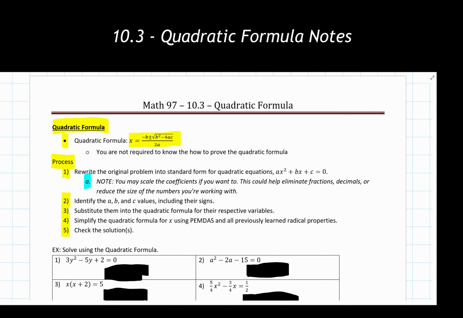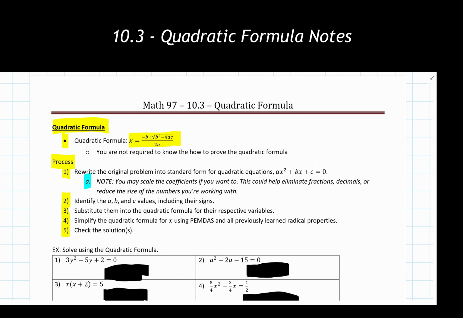Remember that when we are doing this, a, b, and c can be positive numbers, negative numbers, fractions, decimals, or they could even be 0. So any combination of those for a, b, and c in standard form is perfectly acceptable, but we need it to be in standard form before we can do anything else with the quadratic formula. This sometimes takes 1 or 2 steps to get there. This could take 3 or 4 steps, or maybe something starts off in that form. It just depends on the problem.